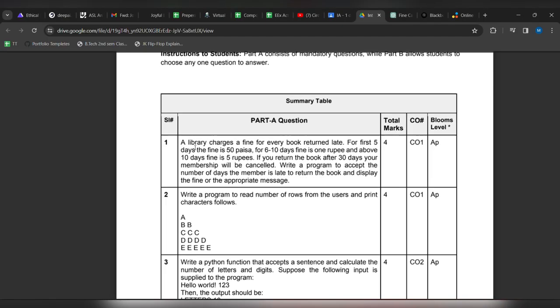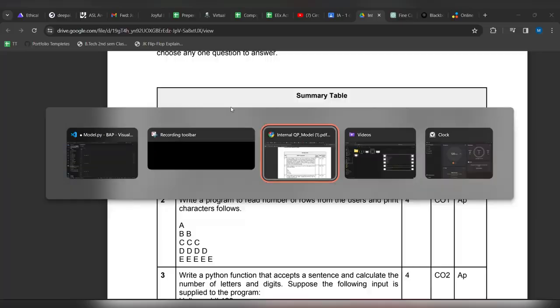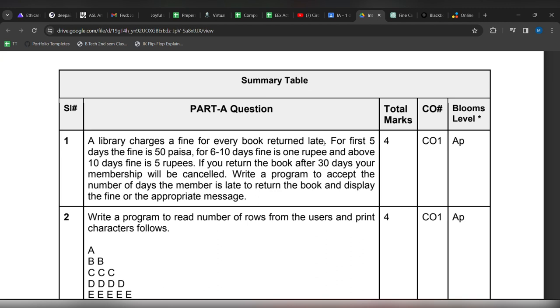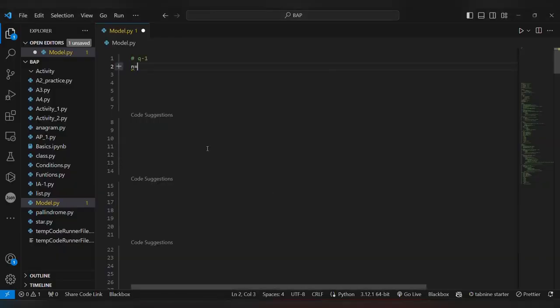So the first question here, Q1, states: a library charges a fine for every book returned late. For the first 5 days, the fine is 50 paisa. For 6 to 10 days, it's 1 rupee. Above 10 days, it's 5 rupees. Then after 30 days, your membership is cancelled. Write a program to accept the number of days. Now, n equals